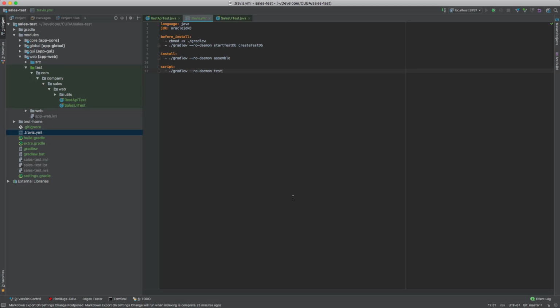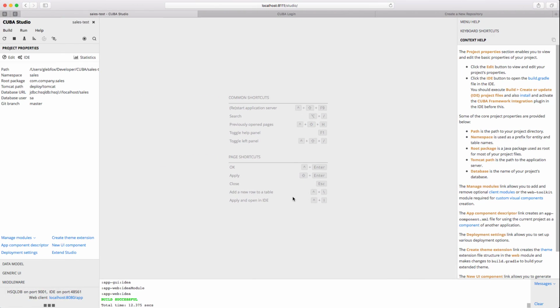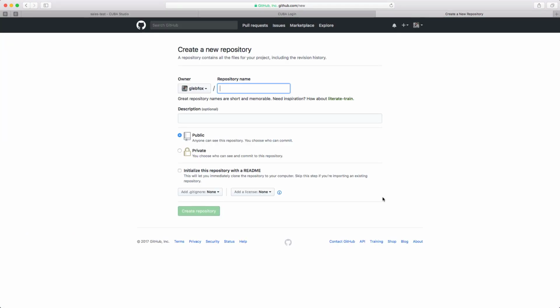Now I need to create a GitHub repository for my project. I will name it Sales Test.